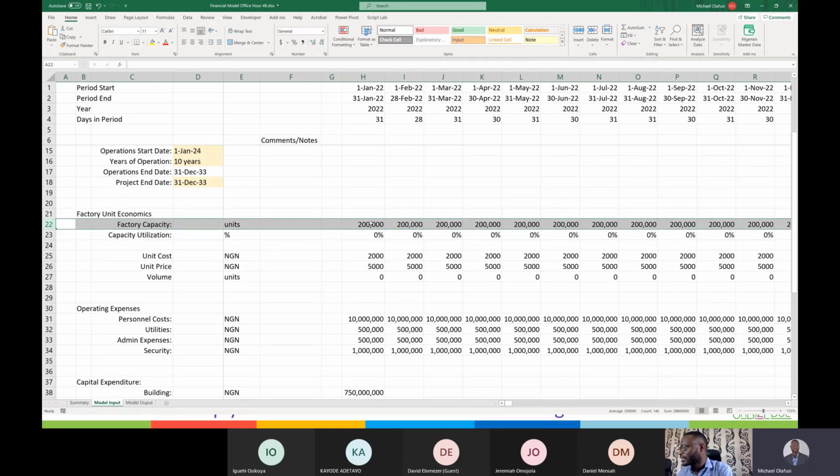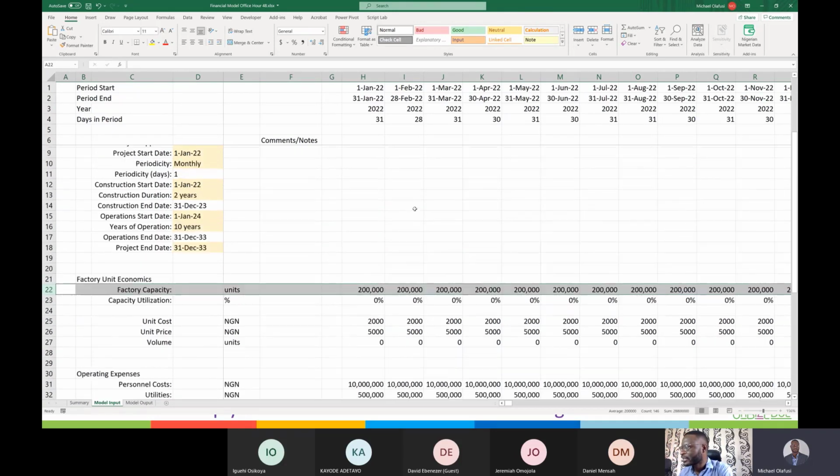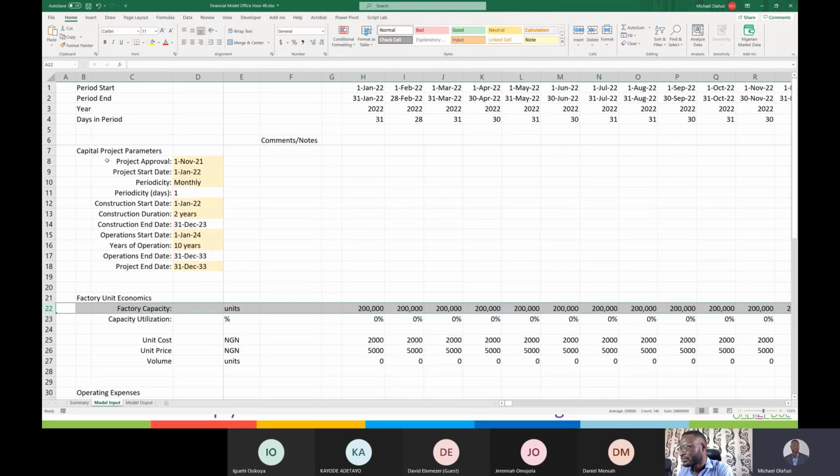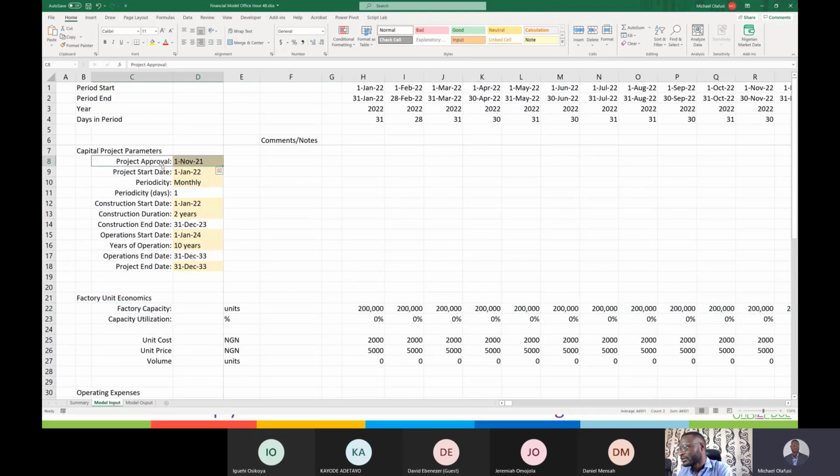But do you know that the company is going to first spend some time building the factory? You can't just immediately start the factory and have it start producing from day one, it's going to take time. So part of the project involves building. So you see there is a project approval date. Most times projects get approved before they start. Why? After approval is when the funds will be released. You start profiling the vendors, which contractor you're going to use, which third party people are going to help in setting up things, and start hiring for the project.